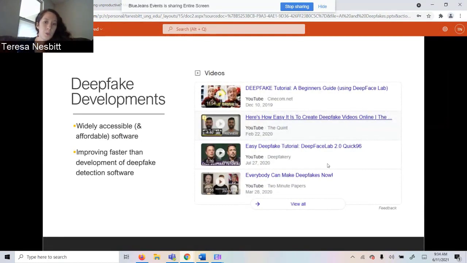That brings us to the current state of deepfakes and where we are right now. Much like with natural language generating technology, deepfakes are also more accessible than ever to the layperson. While you probably need a pretty high skill set in order to create a convincing deepfake, if you want to create just a really shoddy slapdash one, it's very easy to do that. You can just Google create deepfake and you'll see numerous tutorials teaching you how to do that.